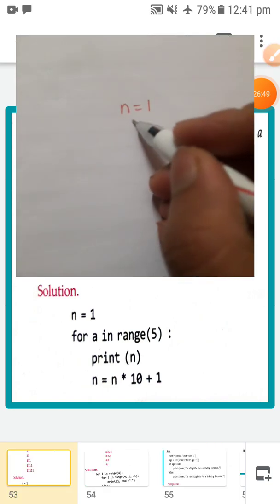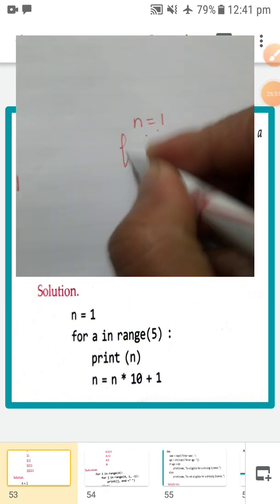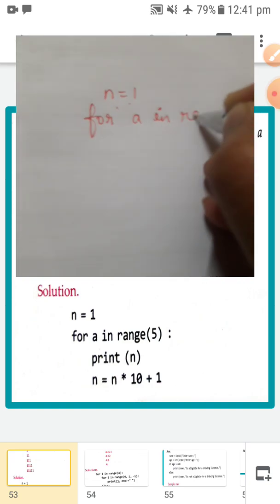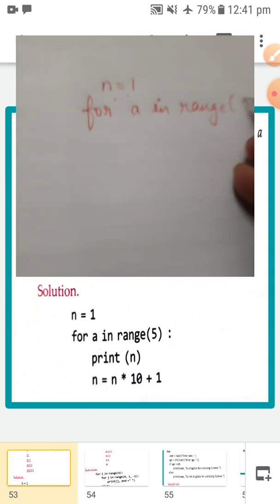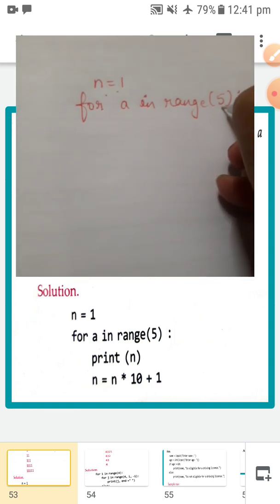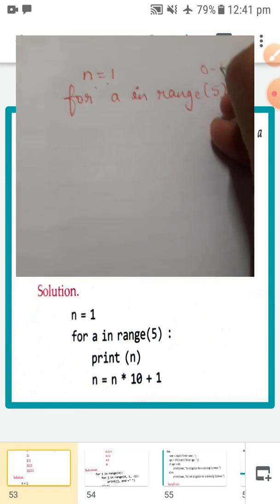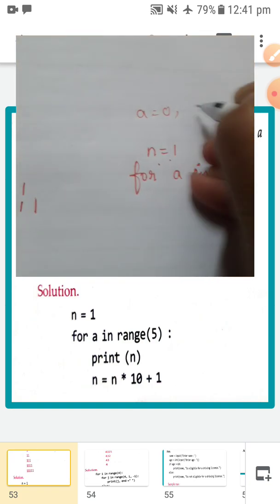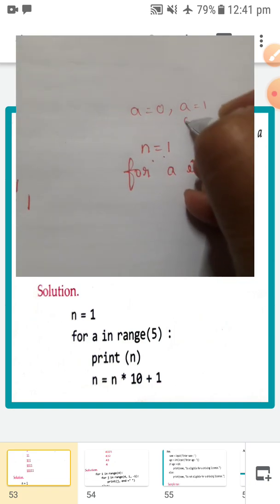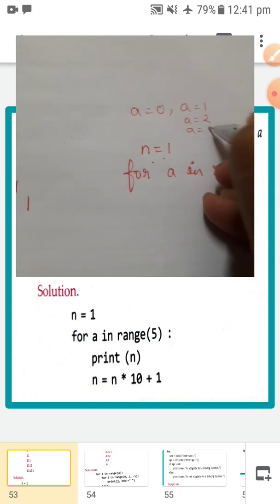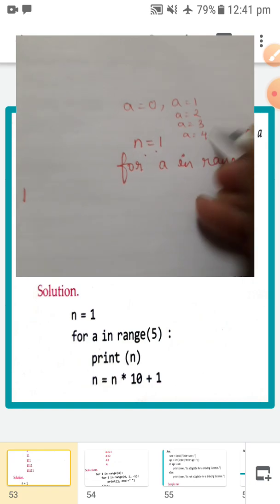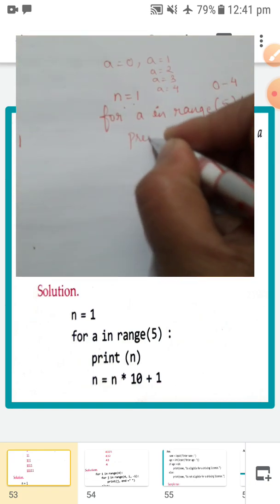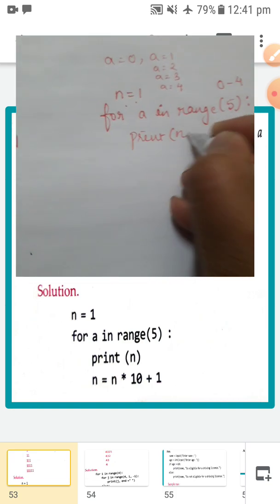Okay, now n equal to 1, for a in range 5. 5 means 0 to 4 it will work. It means first of all a is having 0 value, then a is having 1, then 2, then 3, then a is having 4 value. In this way a list is going to be prepared. Now print n.